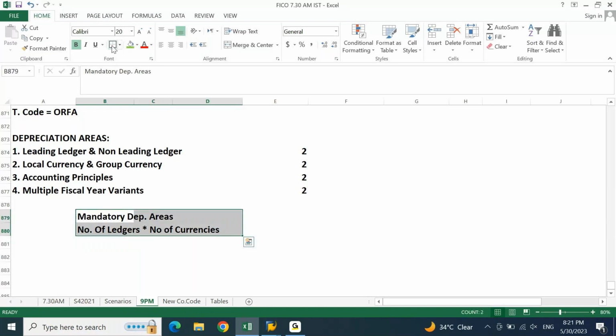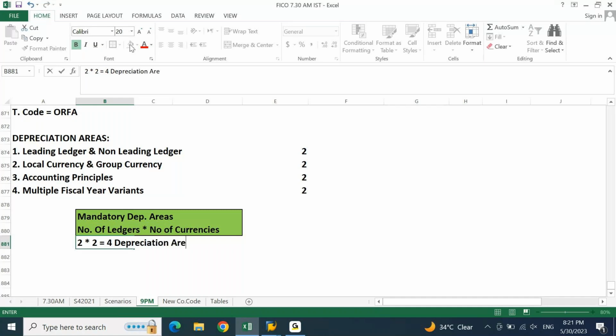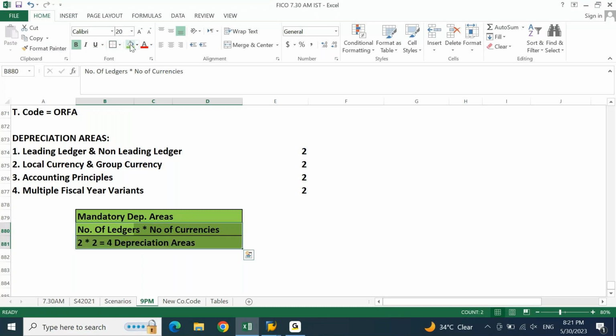Now here number of ledgers is 2 and number of currencies is 2. How many depreciation areas do we need? 4. You need 4 depreciation areas as mandatory. Right? You need 4 depreciation areas as mandatory. Now, these 4 depreciation areas will represent